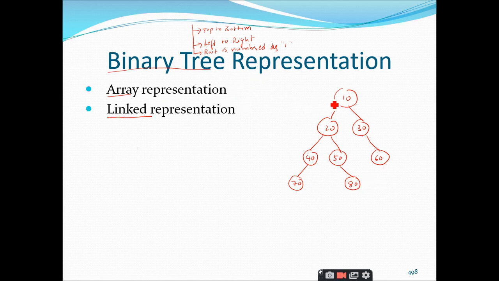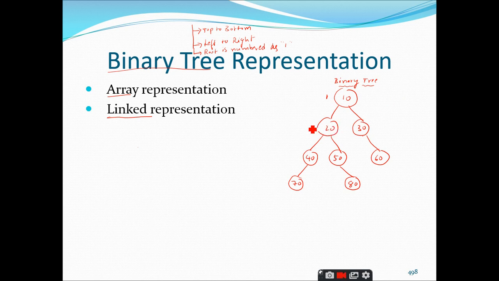So this is the binary tree example that I have taken, and while you want to represent this binary tree using the array representation, you need to give the numbers for the nodes in the binary tree, right? So we need to use the concept of node numbering here. So what is the node number for 10? Since 10 is the root, you always give the root number as 1, right?